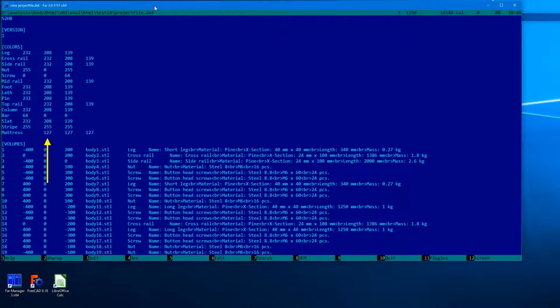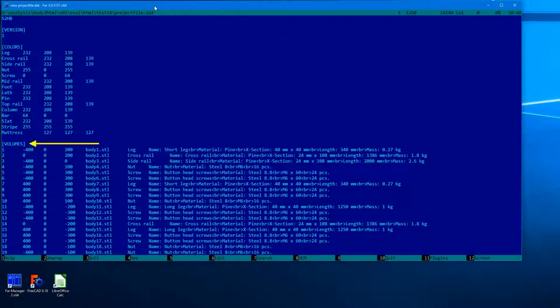The second column is the red component of the group's color. This is the intensity of the red channel, ranging from 0 to 255. Only integers are accepted. The third column is the green color component. Again, a whole number between 0 and 255. And the last column is the blue component. The same rule applies as for the red and green.